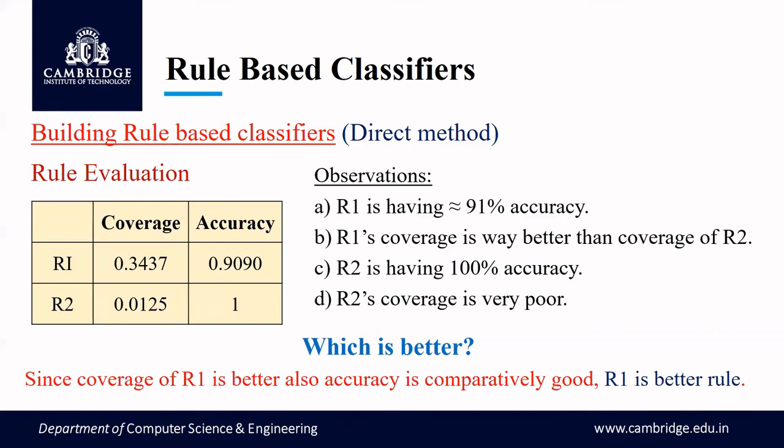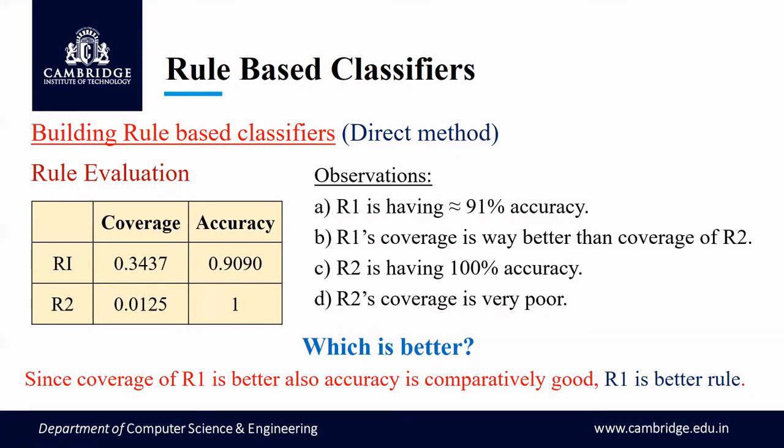If I consider accuracy alone, then we might end up with a wrong rule being selected as the best rule, whose coverage is very much less, correct? That is actually the limitation of accuracy, if we consider accuracy as the only measure to identify the rule's quality. Because of this confusion with respect to accuracy as the measure, we'll go for the other evaluation techniques that we have.